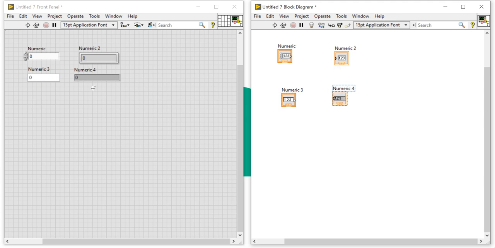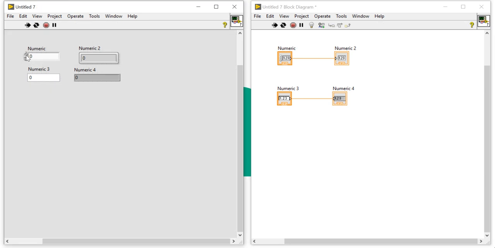When you focus on the front panel, you will find the looks are different only, but the behavior and the functionality are the same. Here you can connect like this. Here you can connect like this. They will not reject. They will connect easily, and you can transmit your data. You can do your work.